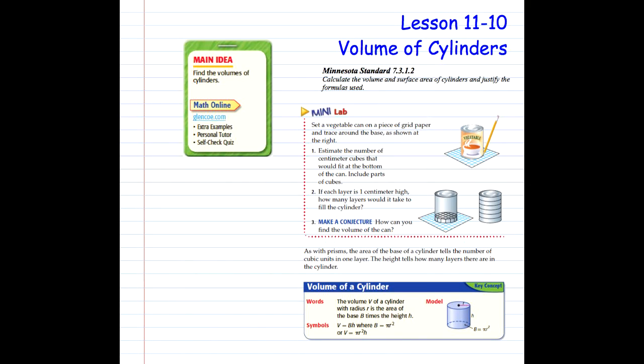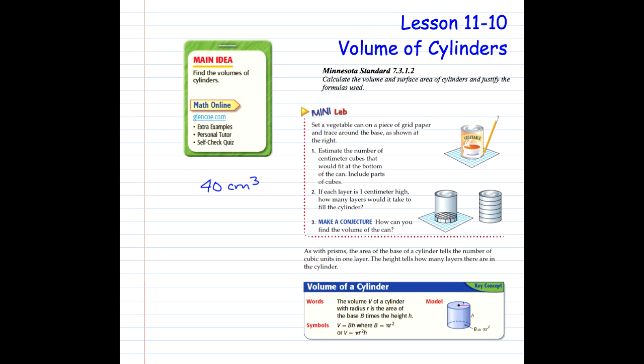This is lesson 1110, volume of cylinders. Set a vegetable can on a piece of grid paper and trace around the base as shown at the right. Estimate the number of centimeter cubes that would fit at the bottom of the can, including parts of cubes. I did that, and my estimate was about 40 cubes or centimeters